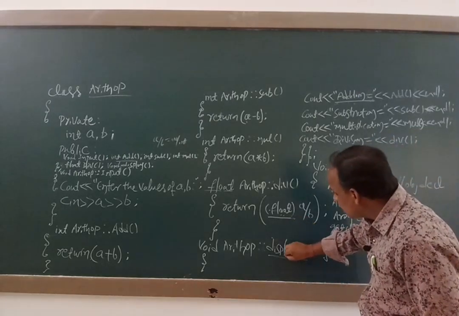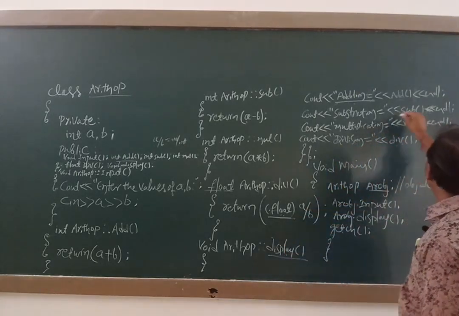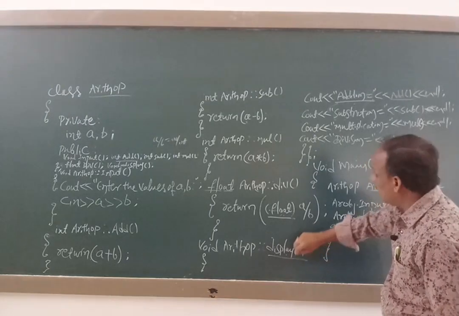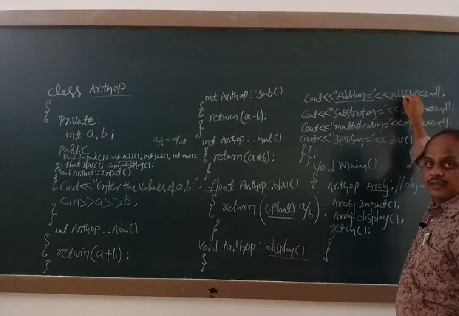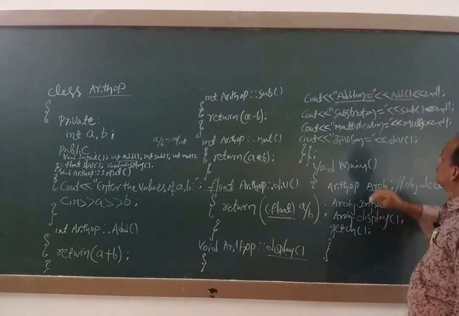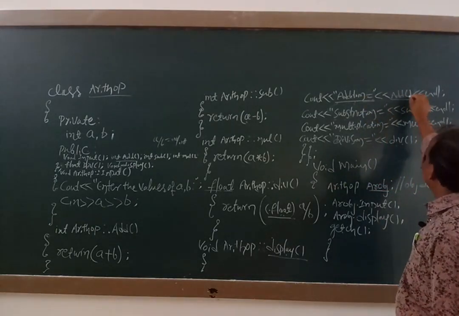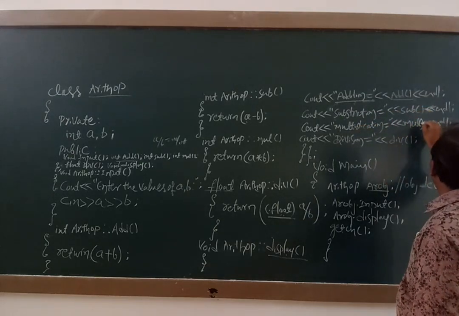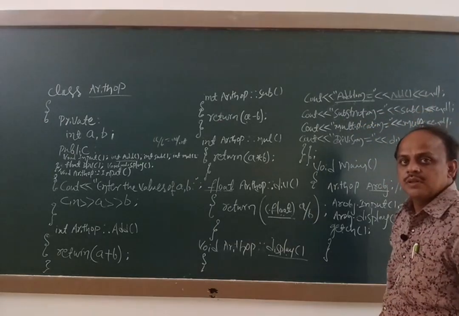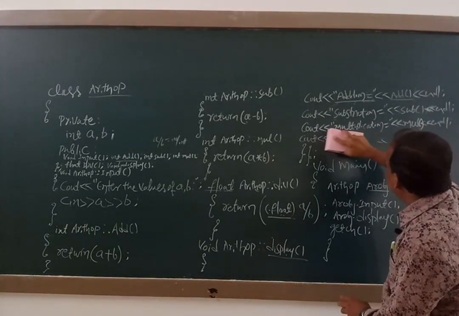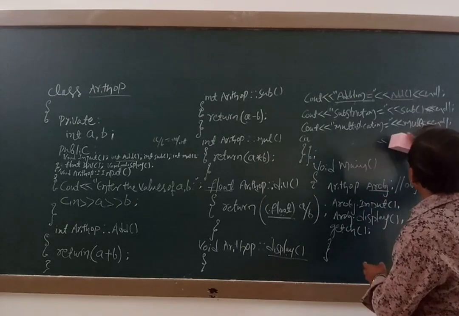This member function contains another member function, here add, right? This member function contains another member function, init. This is called a nested member function, right? So addition is equal to the add function, subtraction equal to the sub function, multiplication equal to the multi function. Suppose I want to write this division function in the main function. It is possible. See here,